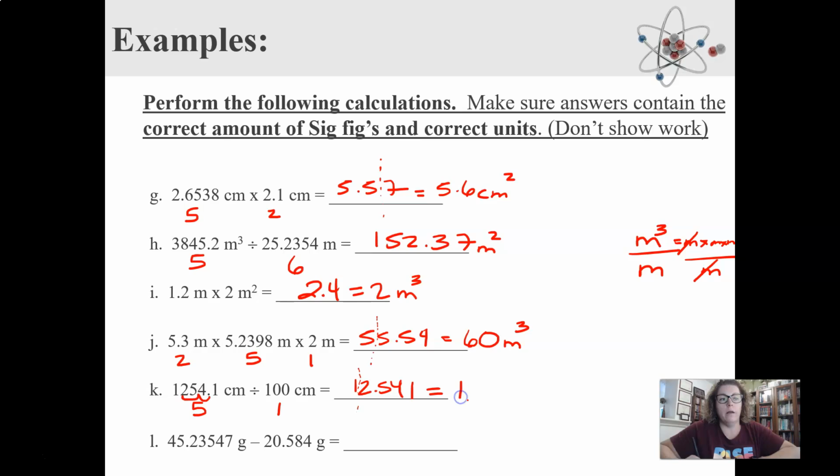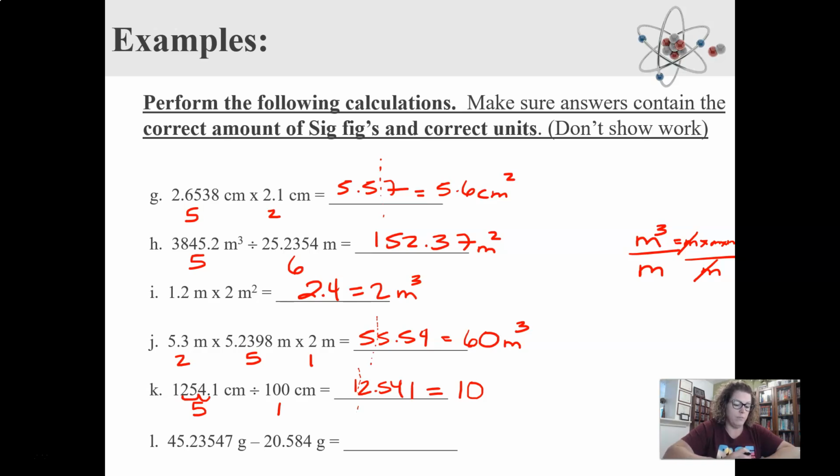And the answer is not 1, because the calculator said 12 something. So you have to keep the value still in the tens place. So now instead of that 2, we're just going to put a 0 instead. Now don't put a decimal, because then that means that 0 will become significant. So it's going to be 10. And then centimeters divided by centimeters. Now the units have canceled, so I have no units. And the very last one,